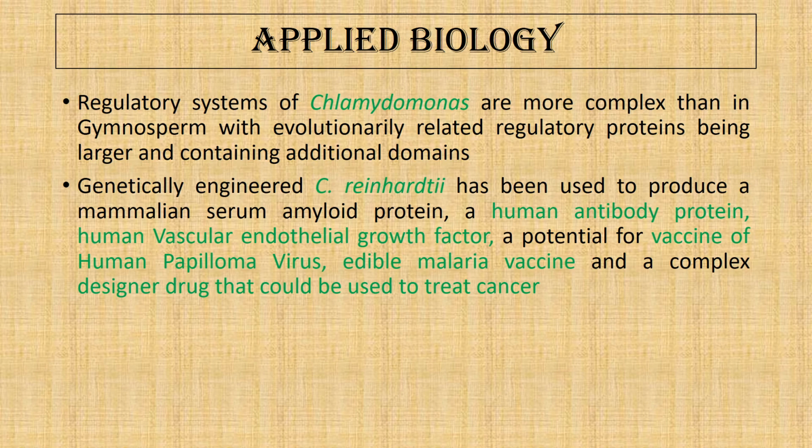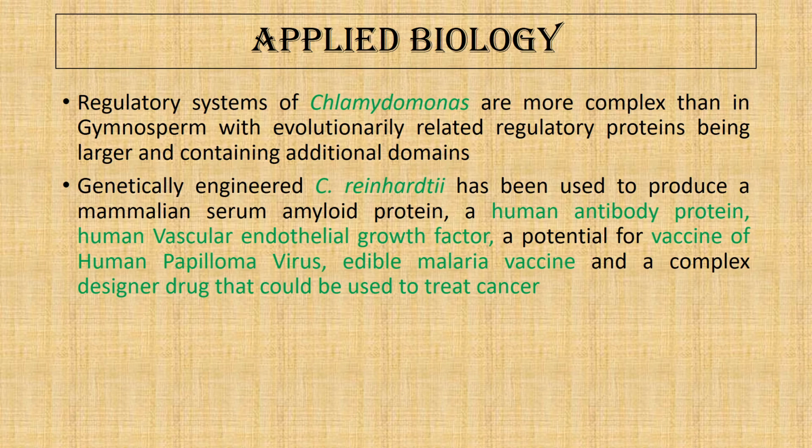Now the applied biology. Applied biology is the use of organisms for our benefit, for industrial production of certain things that are beneficial for us, that will be needed by us. So this Chlamydomonas, we know all the genomic sequences of the Chlamydomonas from the gene library. It has got an elaborate genomic structure, and we know the biosynthetic processes that are happening here, so we can easily manipulate